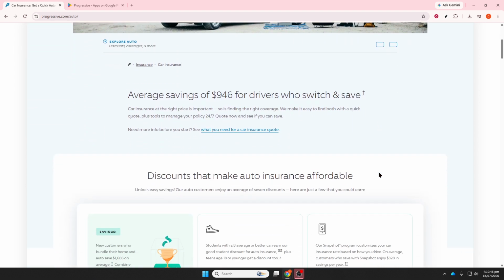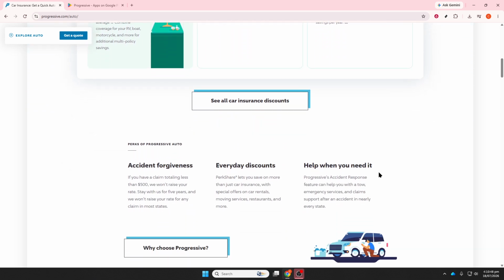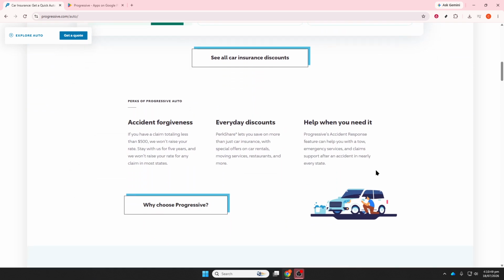Finally, download your updated policy documents, save your new declarations page and your insurance ID cards, and then make sure the changes appear correctly on